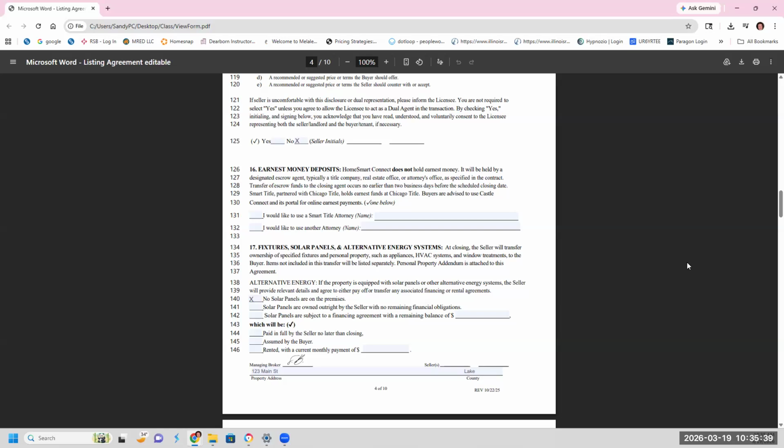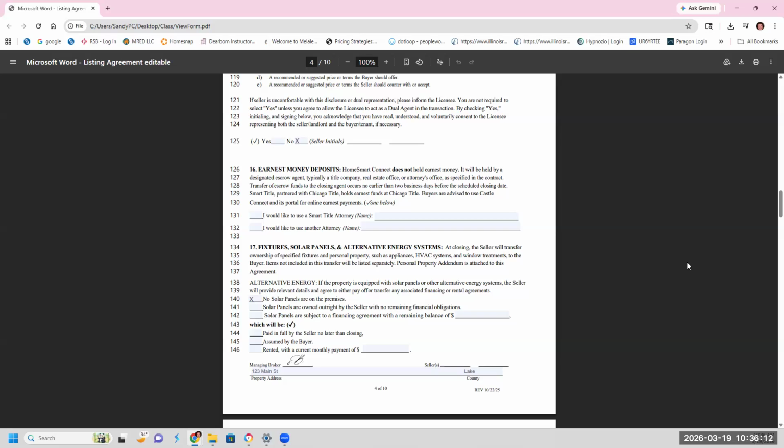Now they've created a rule that if you ask the listing agent to put in writing that they have presented your offer, if they send you an email saying, I presented your offer on 3/19 at 8 o'clock a.m. to my seller, that is sufficient. So know that, and if you have an agent that will not put it in writing, you can file an ethics complaint against them, Sam. All right. Thank you. You're welcome.